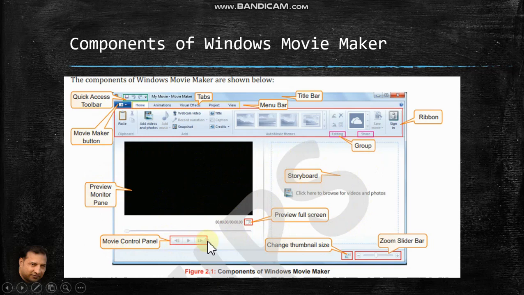And these are controls for playing movie or for going to next or previous track. And this is changing thumbnail size, zoom, slider bar. So we will take a look about these components in detail.